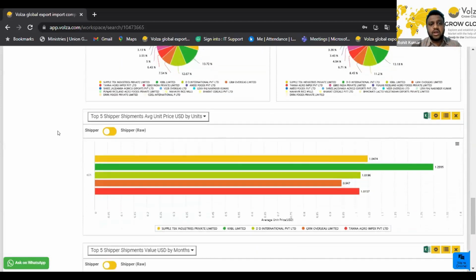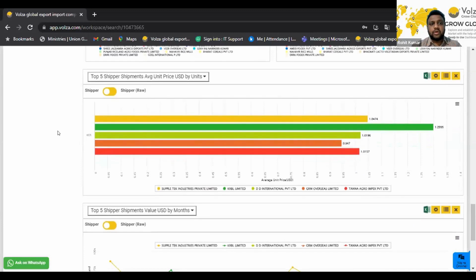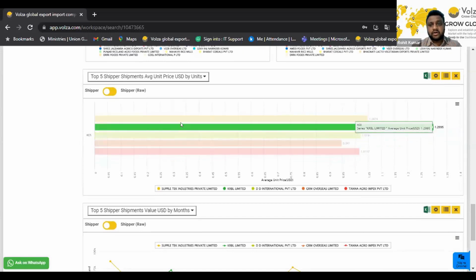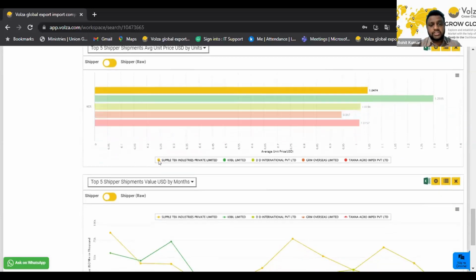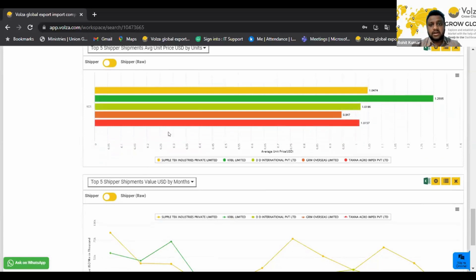You scroll more to the bottom. It will show you the top 5 shipments' average unit price by their units. We have all the shipments in kgs currently, and we can clearly see the other companies' names reflected here. On each country, the companies are colored in a different color. That also signifies here at the bottom what